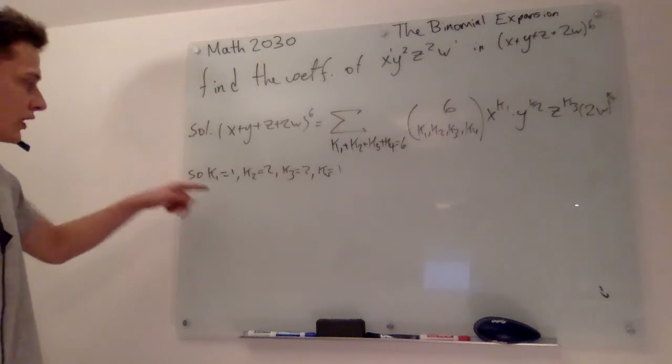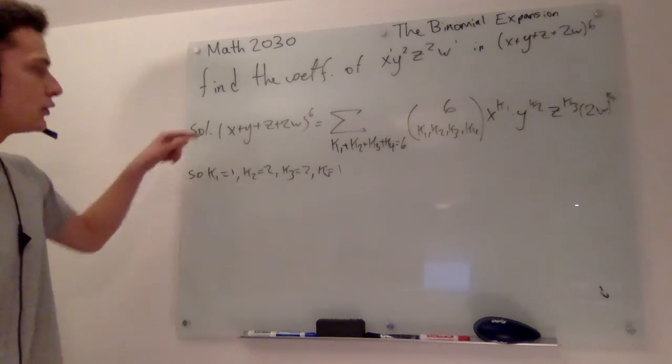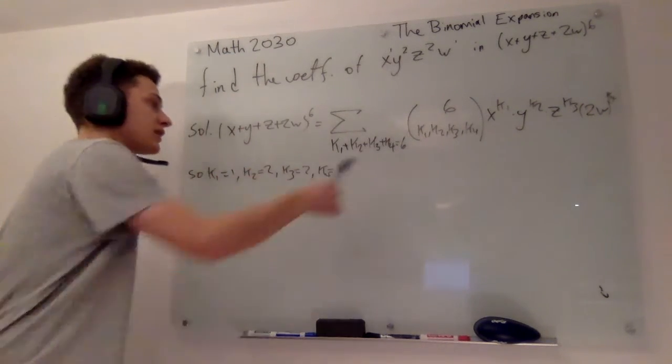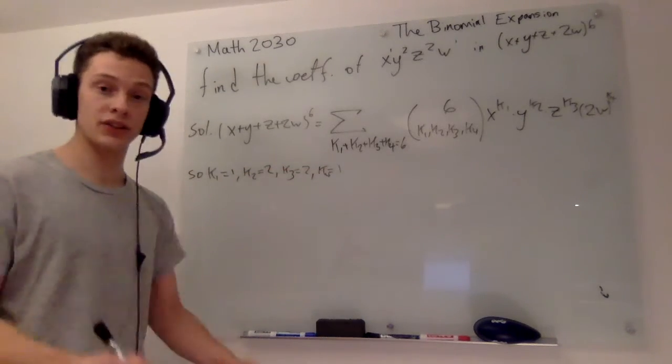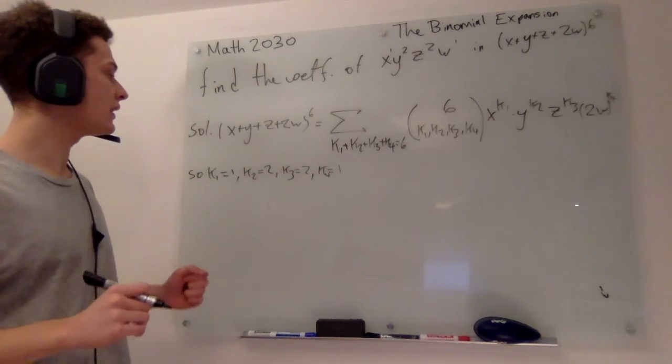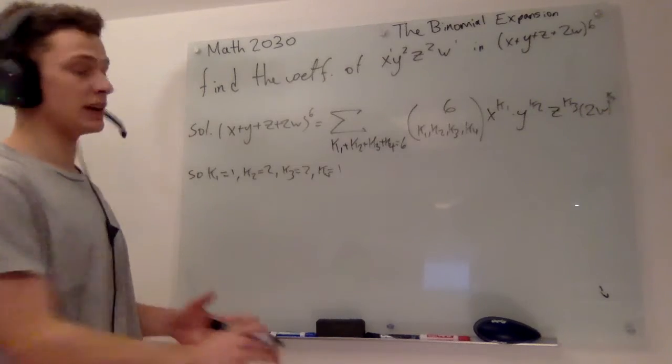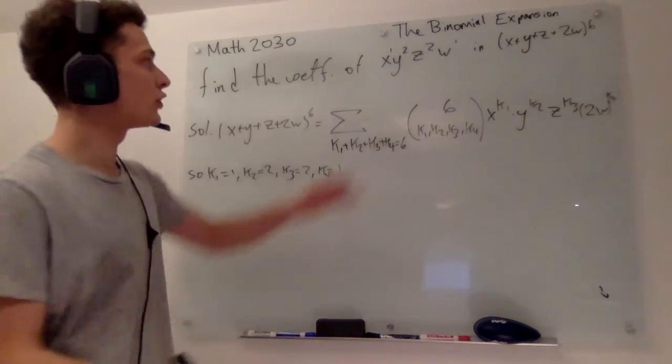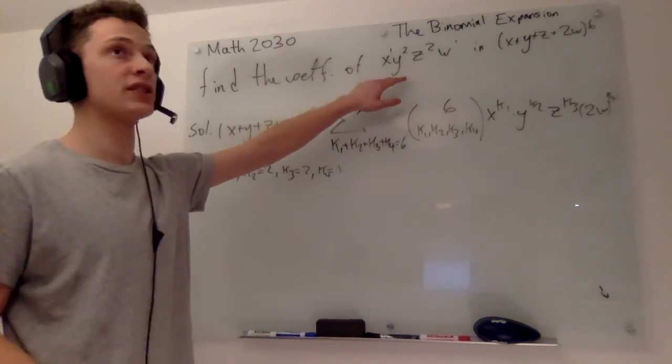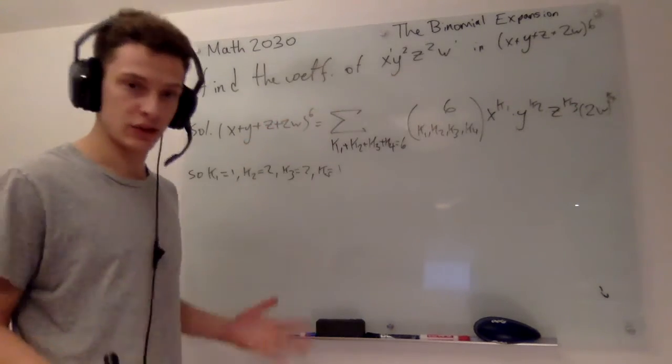And we should see here that k1 plus k2 plus k3 plus k4 is in fact equal to 6. Now this is really important. We need it to be 6 for it to be in our expansion, and in fact it is. So we know that this term does exist in the expansion,